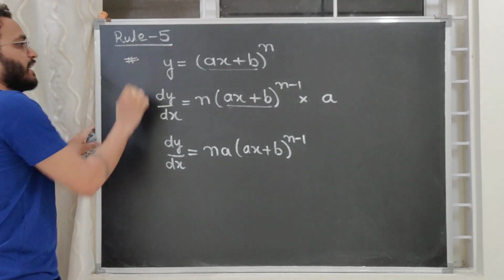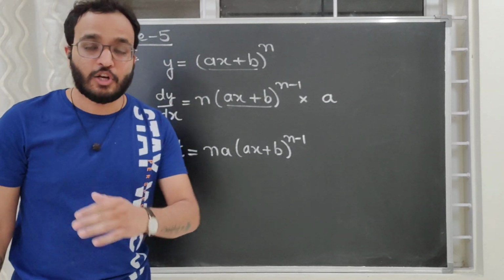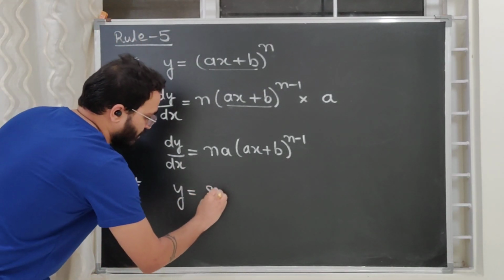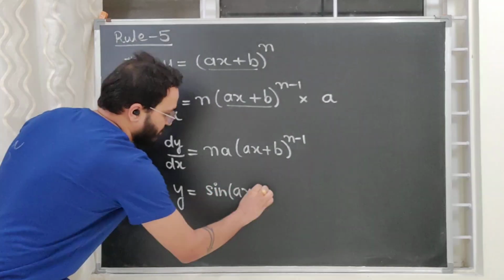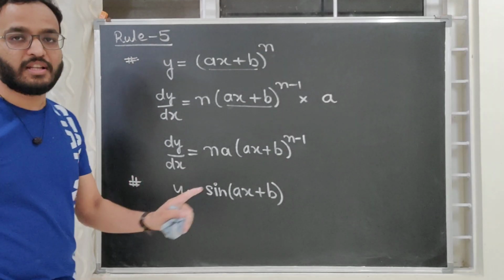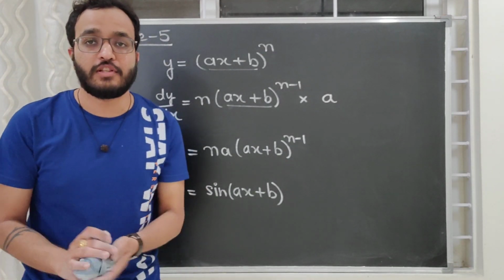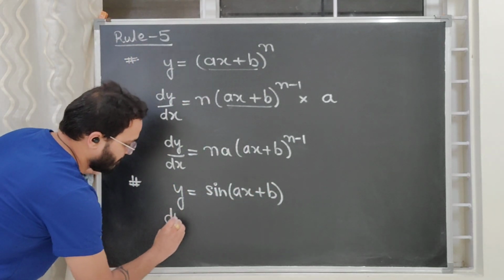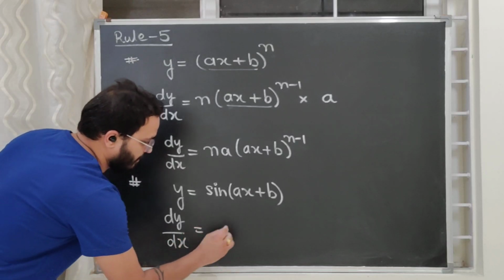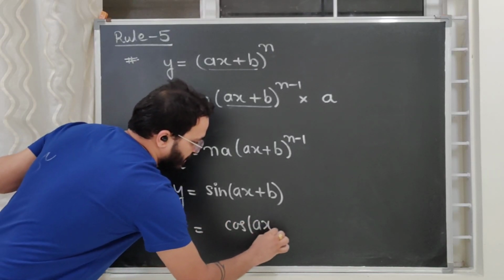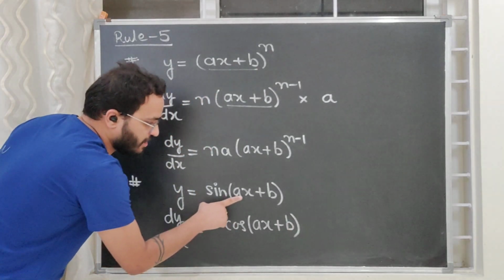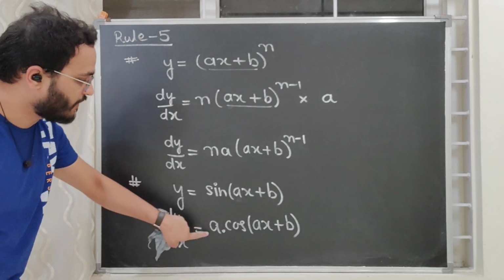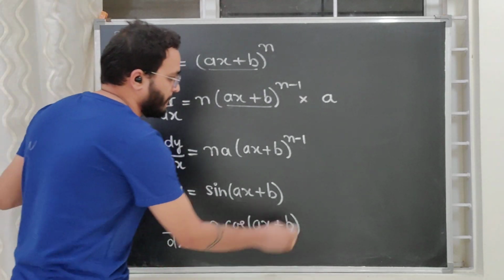Okay, here. It can also be applied in trigonometric functions. For example, if I write y is equal to sine of ax plus b. So remember, what is the differentiation of sine x? You will say that differentiation of sine x is cos x. So here also, when you differentiate sine, you will write differentiation of sine is cos, remaining ax plus b will be as it is, but just bring the coefficient of x outside. Are you understanding? Just bring this coefficient of x outside. That's all. Nothing else.